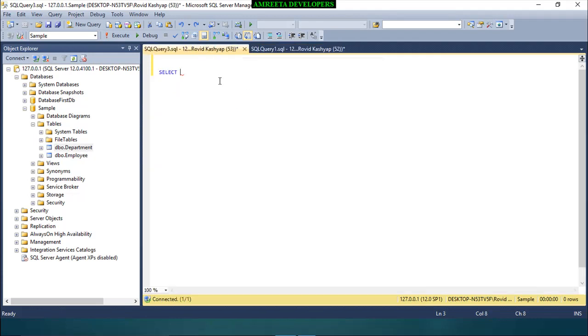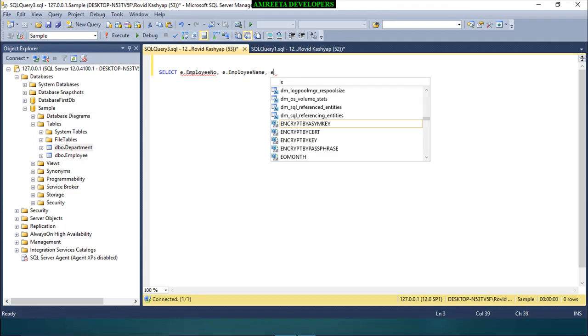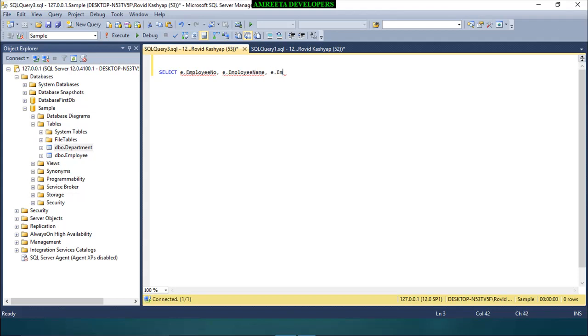So let's see, e dot, what is the e? It will be the instance of employee table I will be using. How to use, I will show you. e dot employee number, e dot employee name, e dot employee salary. Now from the department table, d dot, I will use d for the department table, d dot department